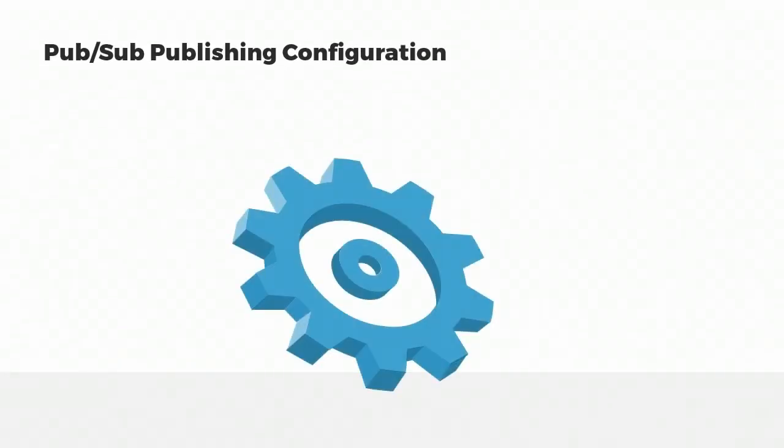Now, when it comes to Pub/Sub publishing configurations, there are things we want to be able to do. For example, one of the most common things we could do is compress messages. When we compress a message, we're doing it to save on space, saving size and therefore reducing our networking costs for sending messages. So we can use the gRPC format to compress our data to save networking costs before we actually send information